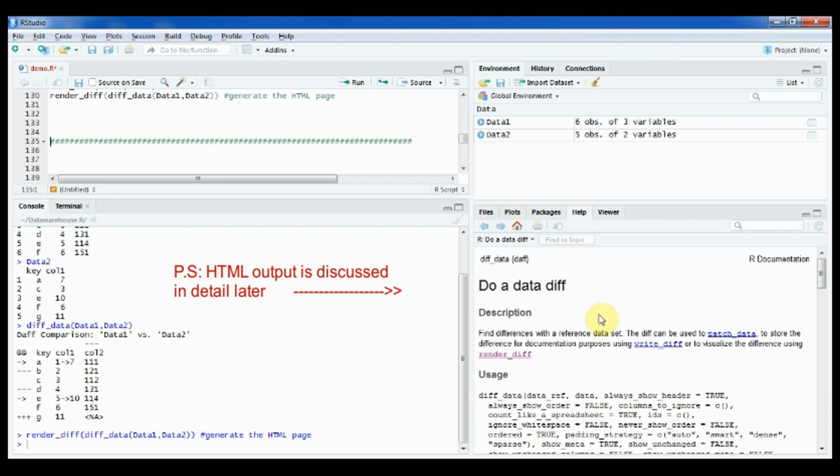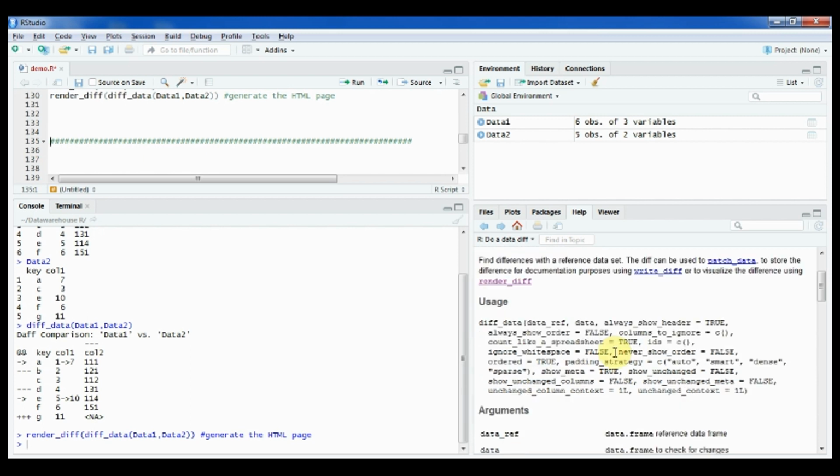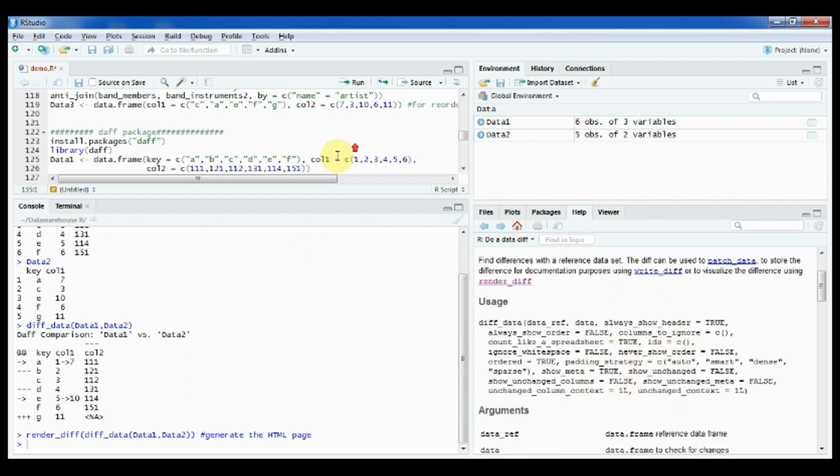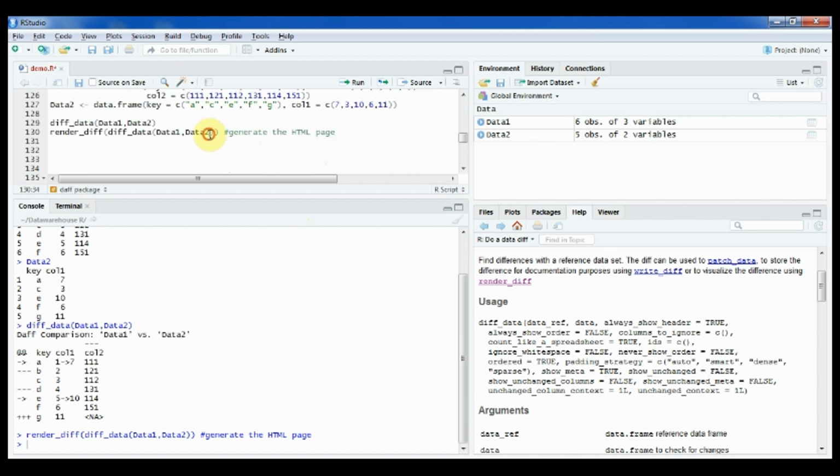If you go to the documentation page of diff data, you will get to know many useful arguments. For example, you have ID over here, that is to give the primary key. So let's use it. I choose to give key as my primary key, that is the first column name.